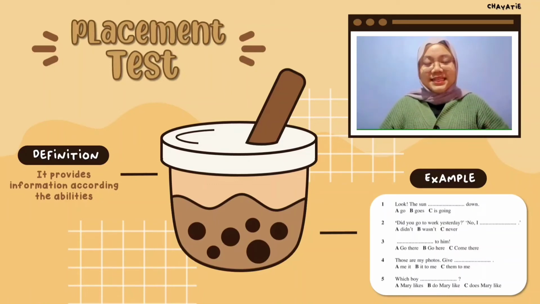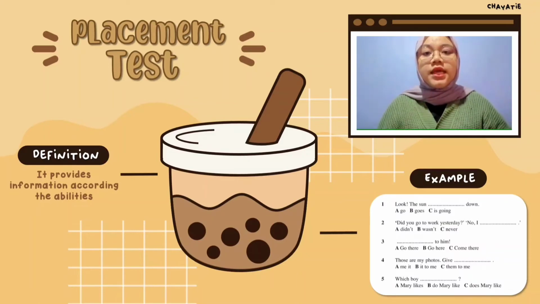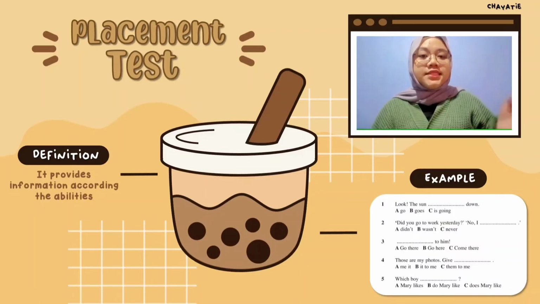So for the placement test, we go with the definition first. A placement test is a test that is carried out to provide information about the placement of students according to their abilities in a teaching program. The purpose of this test is to find out the abilities of students' language skills so that they can be placed at a level of learning that suits their abilities. And you can see on your screen